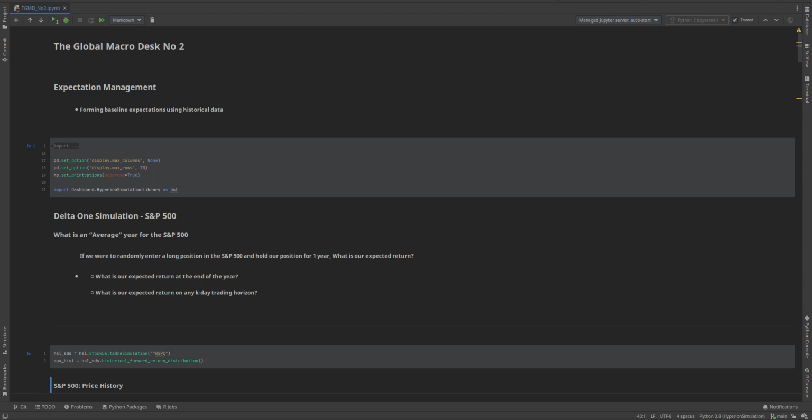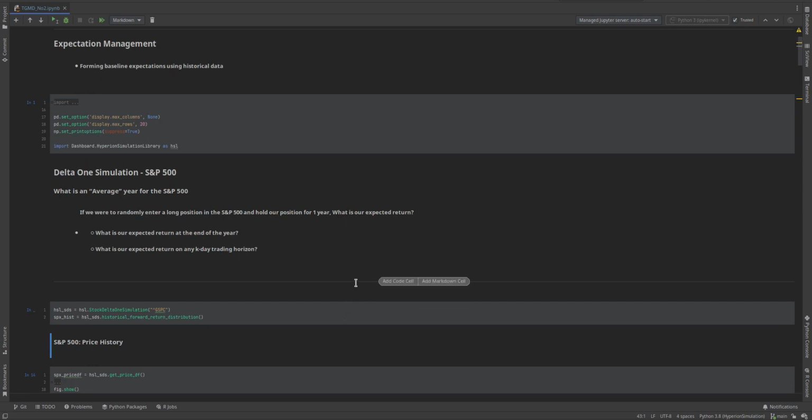So let's get started. Forming expectations, right? We're going to be using historical data. A question I'd like to answer is, what is an average year for the S&P 500? If we were to enter randomly, go long the market and hold our position for a year, what is our expected return? And what is our expected return on any trading horizon,